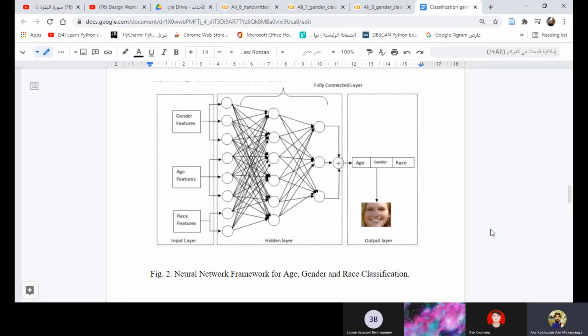And this figure shows the neural network framework for age, gender, and race classification.